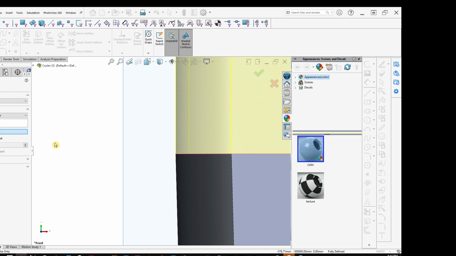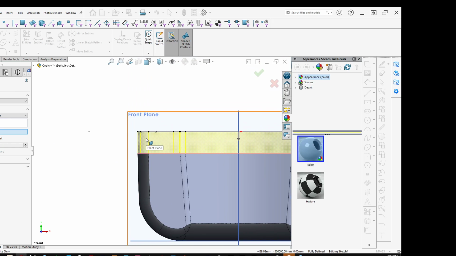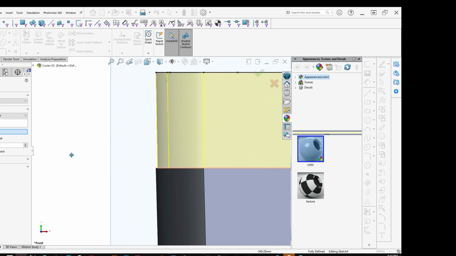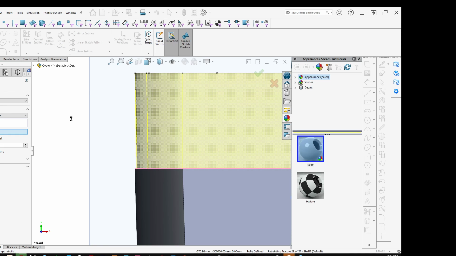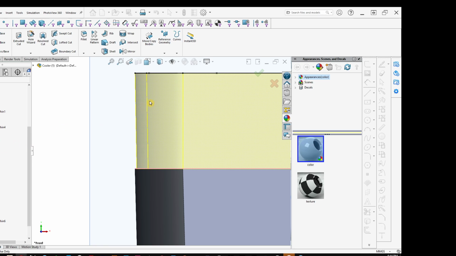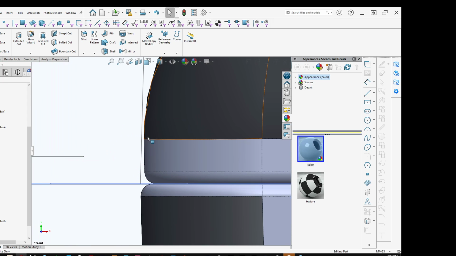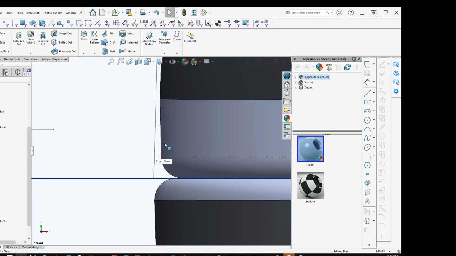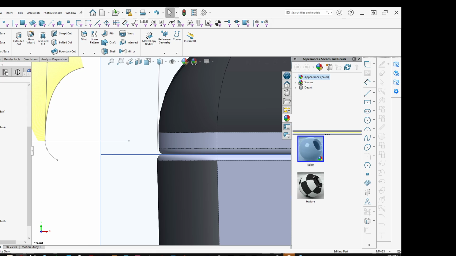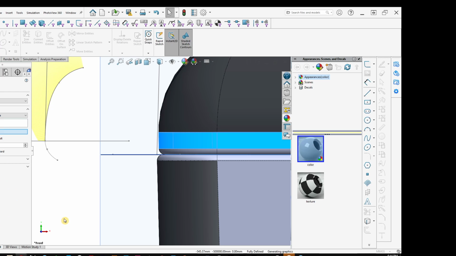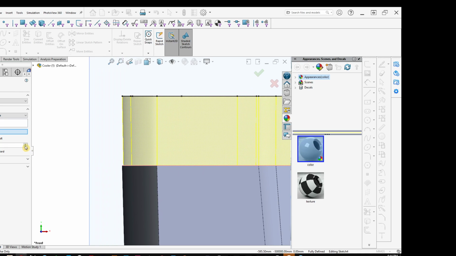And since this has a shorter draw, it's not as tall, we're going to assume that we could get away with less of a draft. And we're going to go with, the texture, everything is normal, so we'll just go with 1 degree. And the draft had to go inward, which I didn't do, it went outward. I can never remember what direction I'm going in, so what I do is before I choose it,